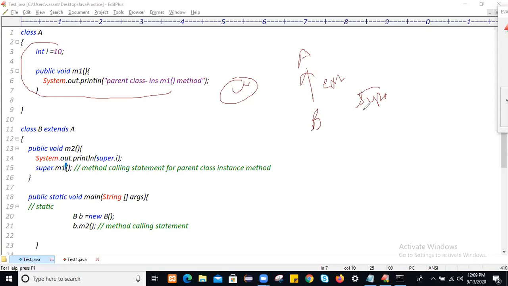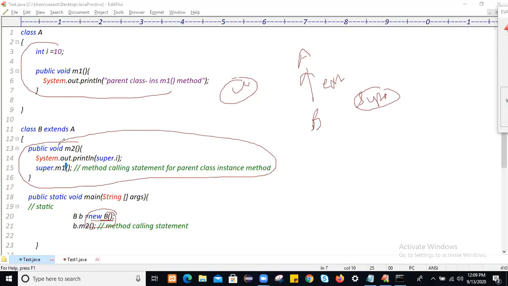To use the super keyword, child class object creation is mandatory. If there is no child class and you are not creating any child class object, how will you use the super keyword? So within this class B, we are accessing the class A property by using the super keyword.